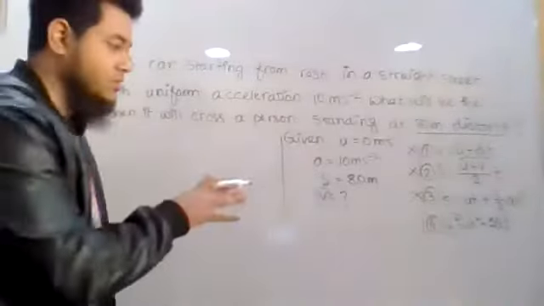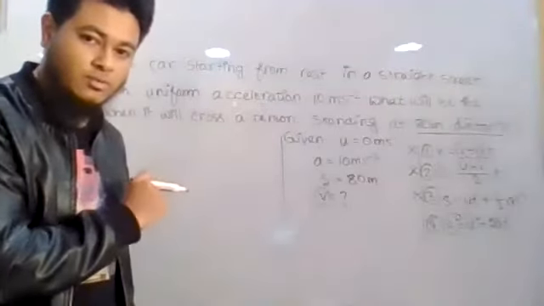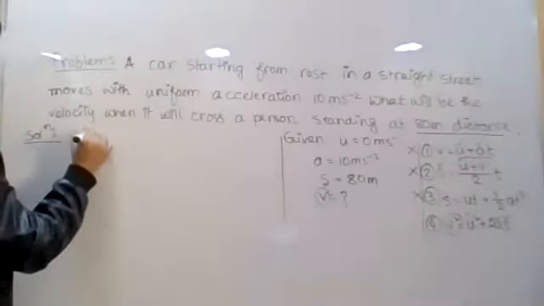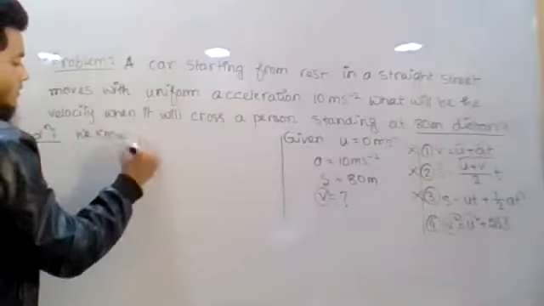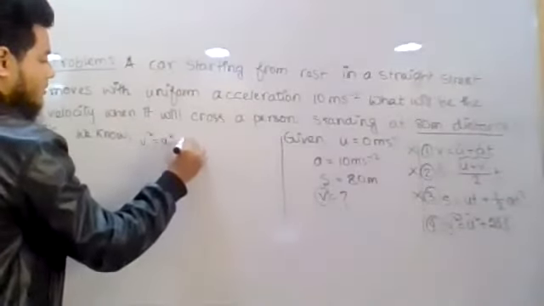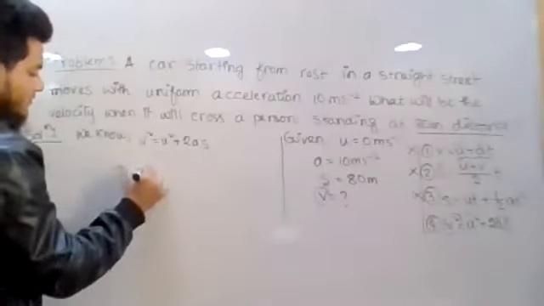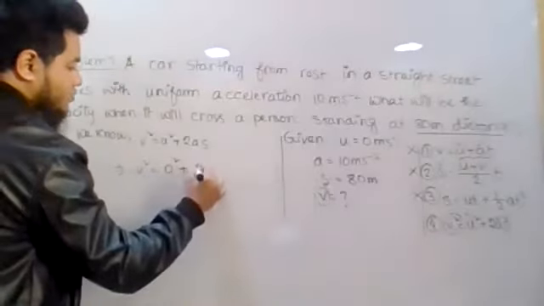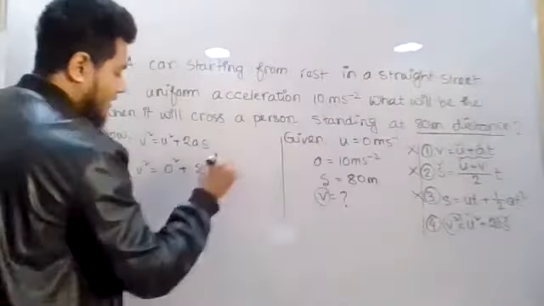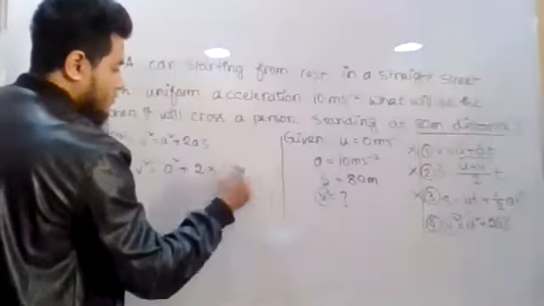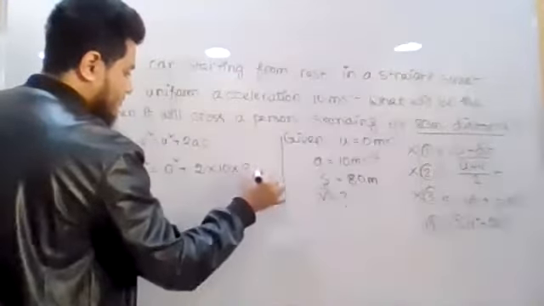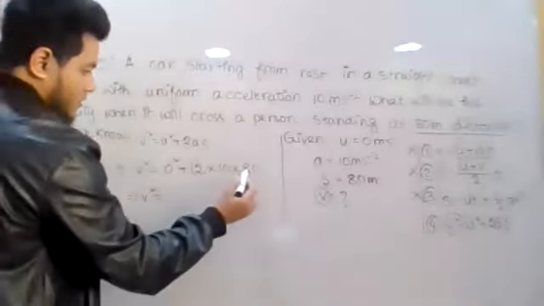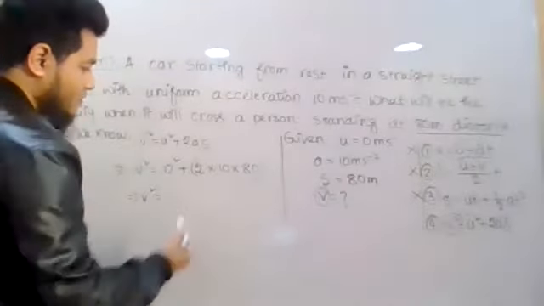Did you understand the process of choosing the equation for a particular problem? Now let us see. We know V square is equal to U square plus 2AS. So V square is equal to U square plus 2AS, where U is the initial velocity, which is 0. So 0 square plus 2 into, what is the value of acceleration? 10, into S is 80. So V square will be equal to 80 into 2 is 160, 160 into 10,